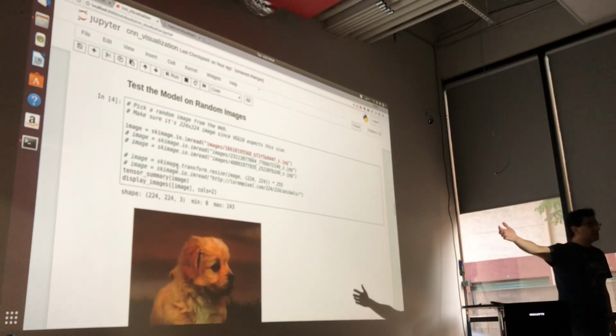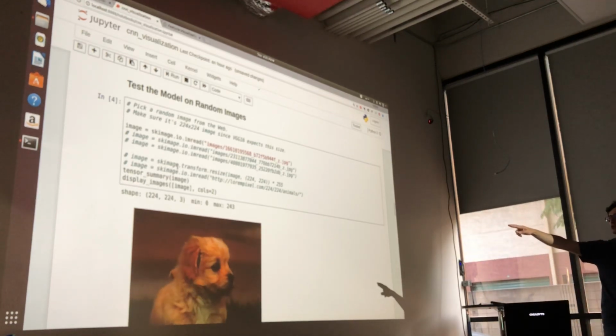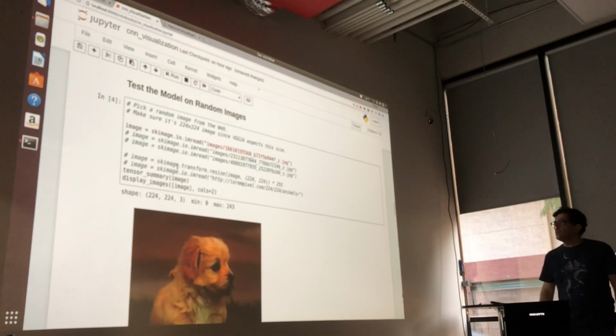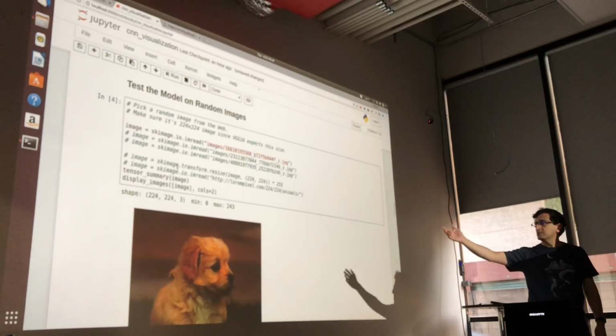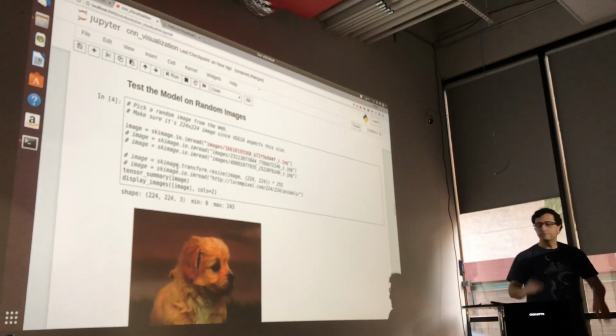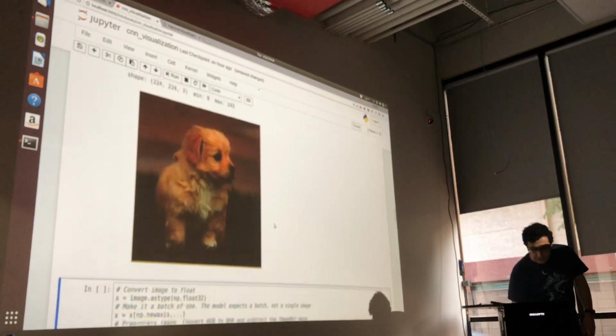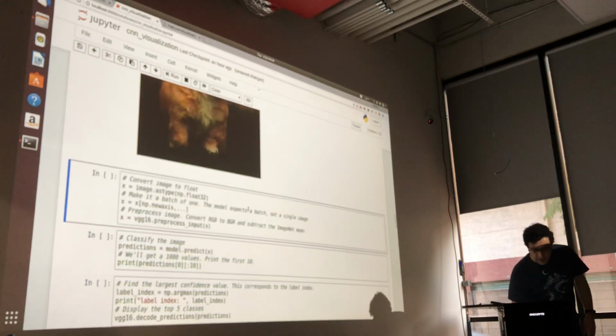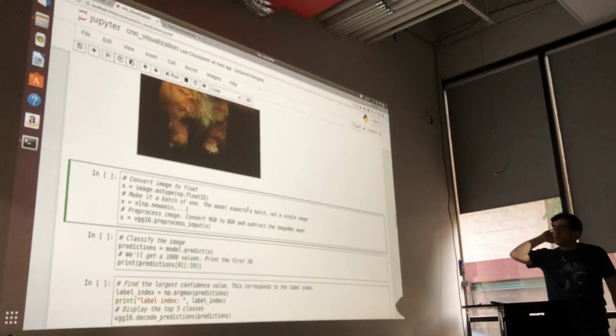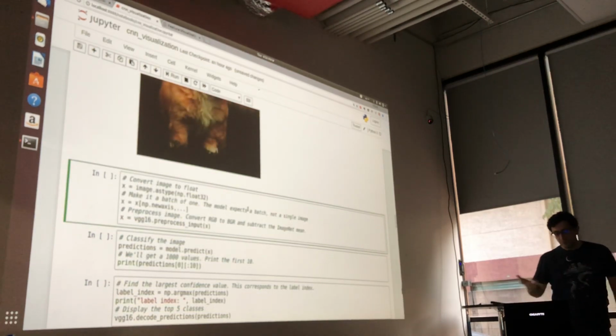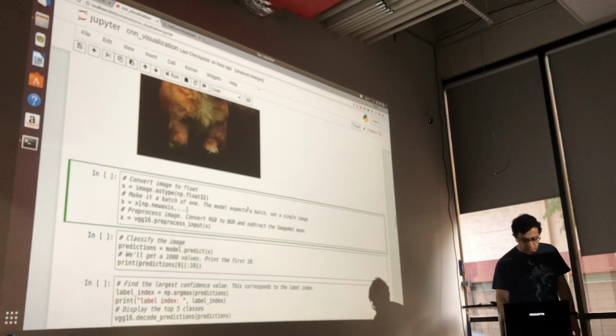I treat the image as a grid. It's a matrix of 224 by 224 by 3. The minimum value is 0, the maximum value 233. Just to make sure everything is good. And then I'm converting it to floats because neural networks always use float numbers. And then